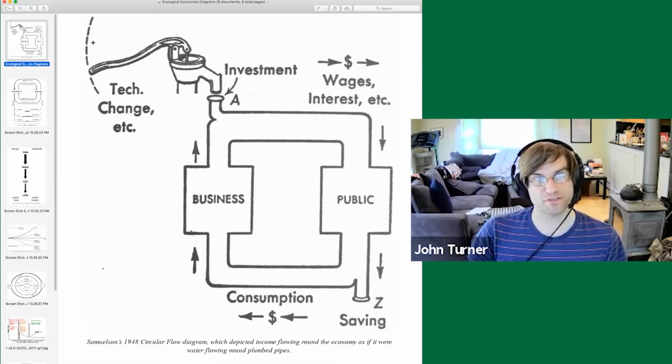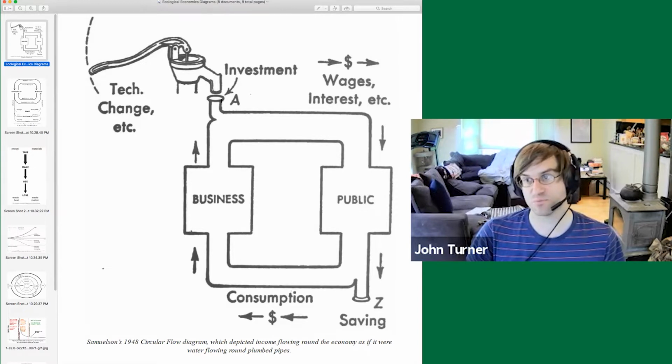So you have here a pump. That's why this is the pump action over here. Technology and changes in circumstances are factors outside the circulation of economic activity that nevertheless affect the rates of change in the inputs into the economy, here investment. So this is the pump. You've probably also heard the expression priming the pump. That's a slightly different part of this diagram, but the pump into economic activity is via investment.